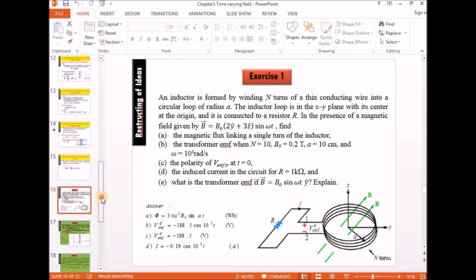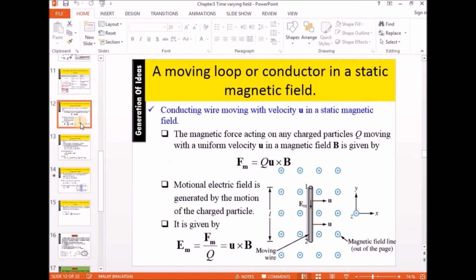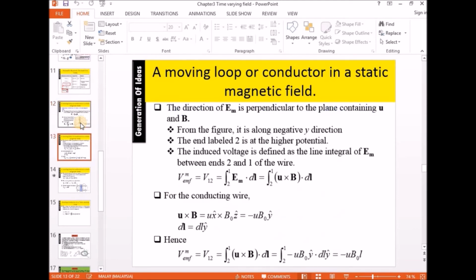Let's go back to the second EMF. Are you ready? So I want to continue the next EMF. You have learned the transformer EMF and its equations. Now we'll proceed to the motional EMF. How does the motional EMF happen? All these are derivations, and this one is related to the force that you previously calculated: the force on a charge moving with certain velocity in an environment that has a magnetic field. You learned this in chapter 2. By taking this equation and relating it with the motional electric field and replacing it here,